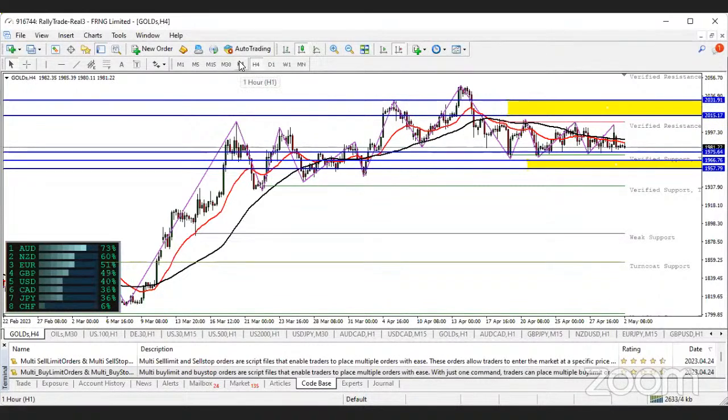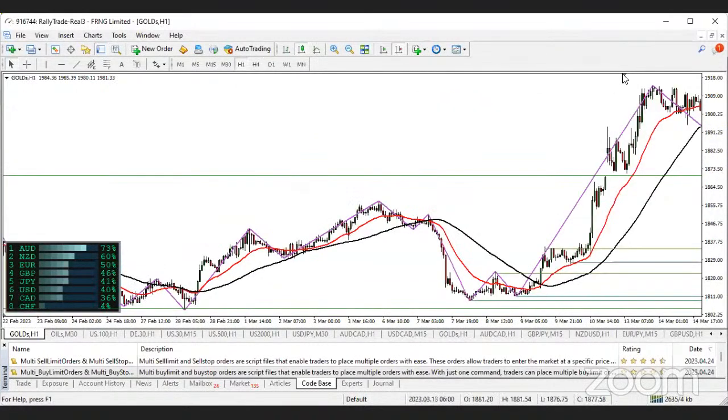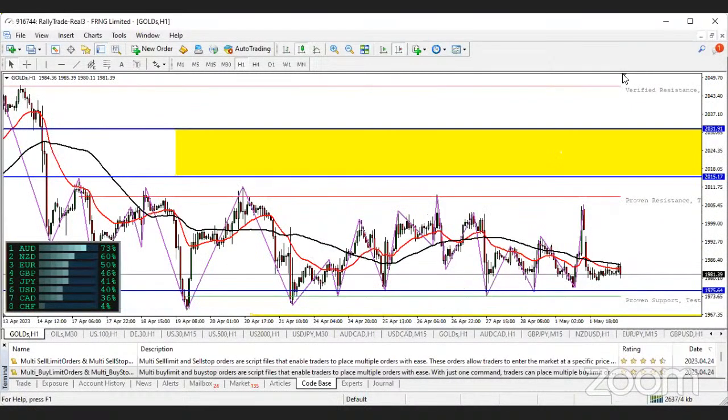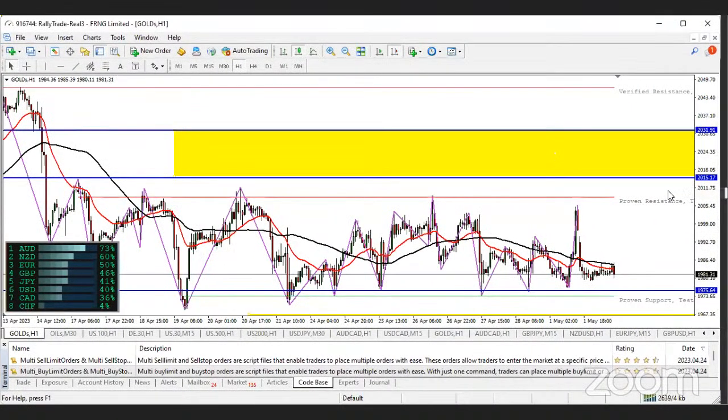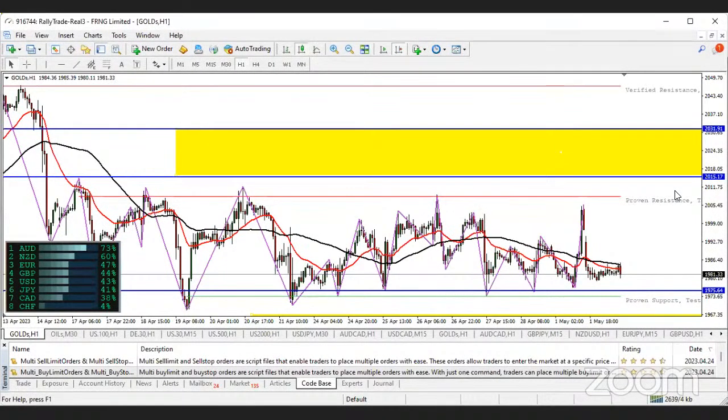And for my day traders, you can see that the particular point I marked on my 4 hours is clearly reflecting on my 1 hour time frame. So we've analyzed it on 4 hours, and it is clearly reflecting on my 1 hour. Just make sure that this is a zone where you should be looking forward to a buy trade.